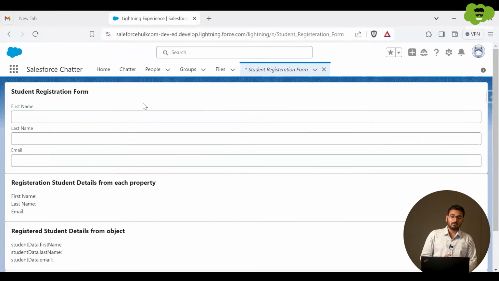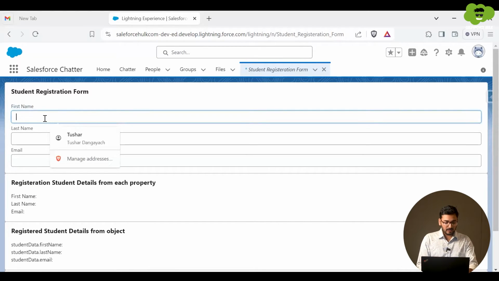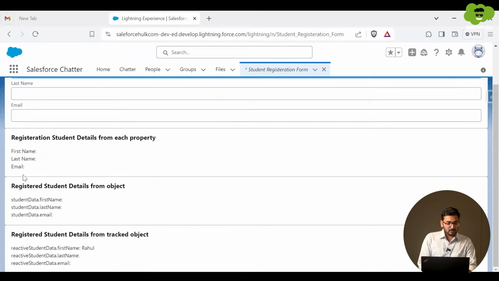Okay, so I have already prepared a student registration form kind of example for you so that we can quickly understand the concept properly. It's not really a registration form; I have taken it to make you understand the concept. There is a field like first name, another field like last name, and then email. In these fields, the user will enter the data, like I'll mention Rahul here, and then we will see how these get reflected in the different cards, or don't get reflected.